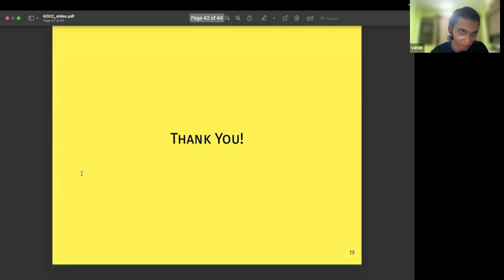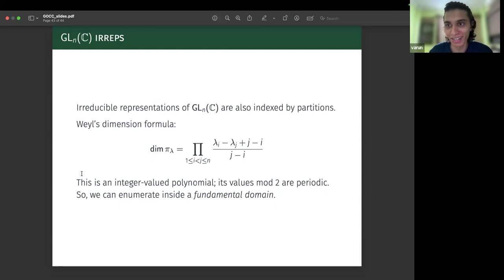So yeah, what I intended to talk about today when I sent my abstract to Aditya is about GLNC irreps, and I did not do that because I thought it would take a lot of time to even make sense of the question because there's infinitely many representations. But because we're talking about the asymptotics, there's a very interesting enumerative problem that can be formulated here,